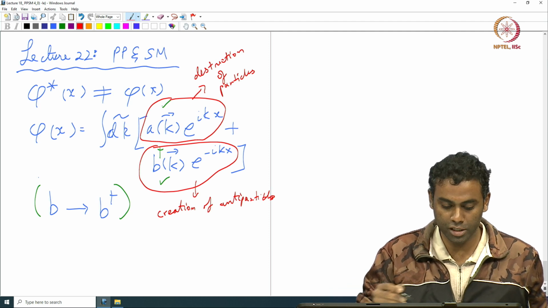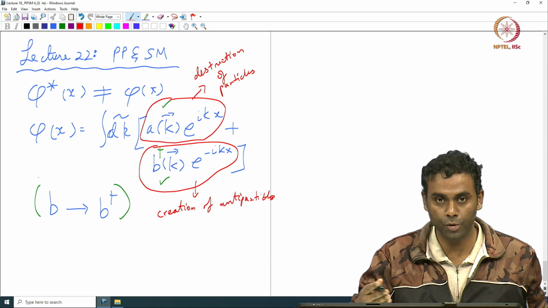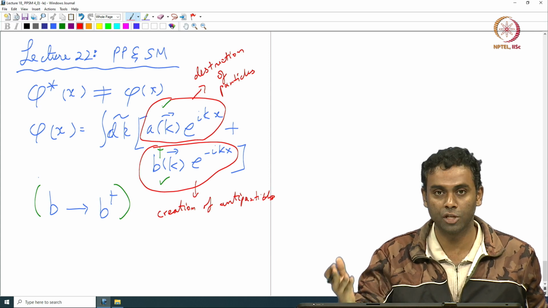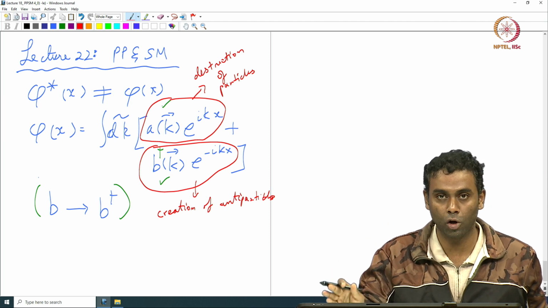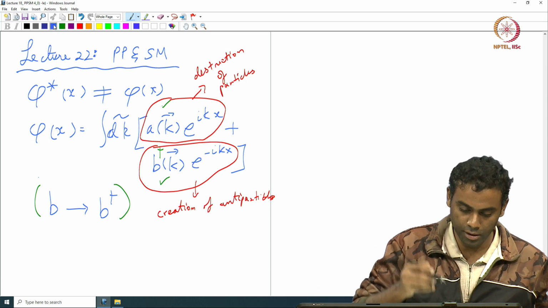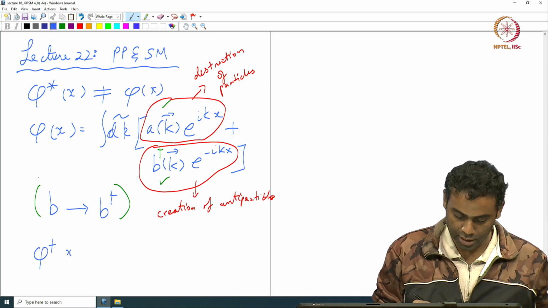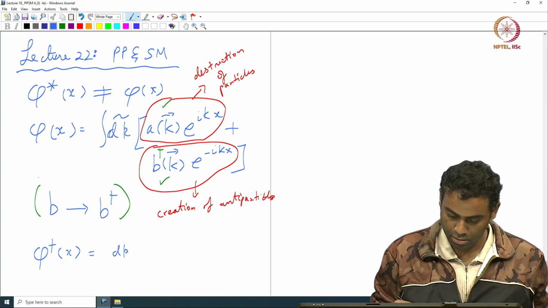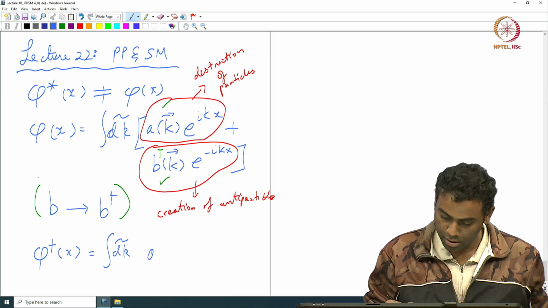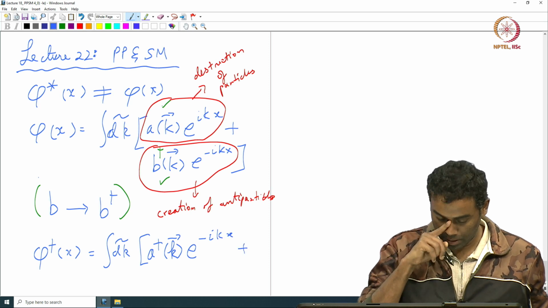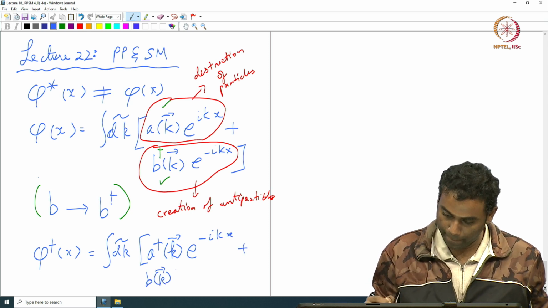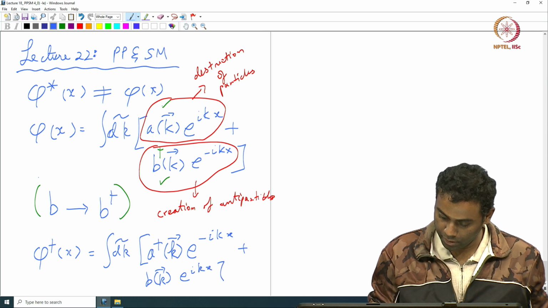See, without any effort, by just writing down the general solution in terms of plane waves, you can see immediately this accommodates the description of antiparticles. Correct? So you cannot write one without the other. They always come together in the general solution and you have to write down the general solution. Correct? Similarly, if I were to write phi dagger of x, that's nothing but an A dagger of k, but now I have an e power minus ikx plus a b of k e power plus ikx,